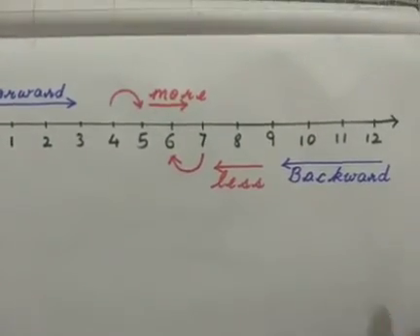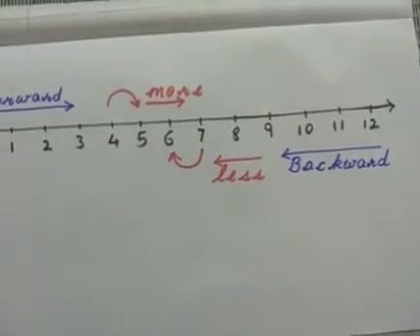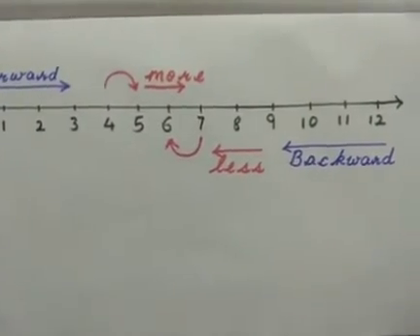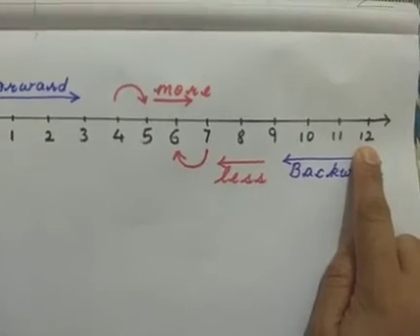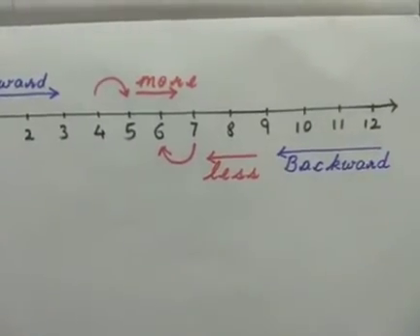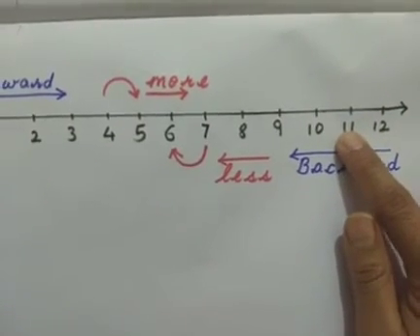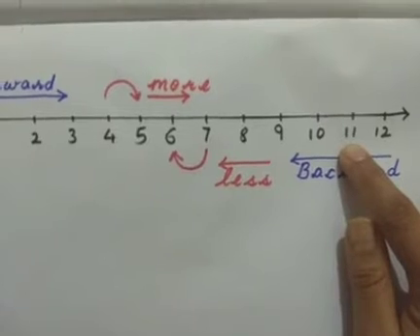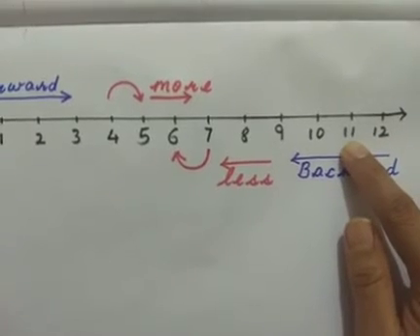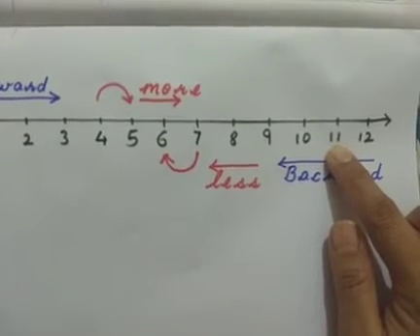Now when I did backward counting, the numbers are getting smaller and smaller. Yes? The numbers are getting less. Yes? We start with 12. So when I go backwards from 12 to 11, which number is smaller? Is number 12 smaller or 11? Number 11 is smaller. Yeah, it is less than 12. But how much less is it than 12? Just 1 less than 12. I'm just jumping 1. Yes? I just go 1 jump backward.